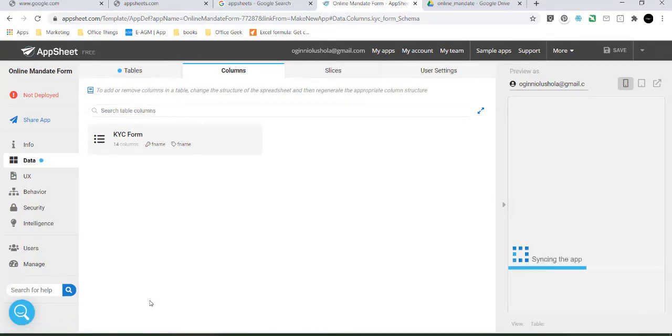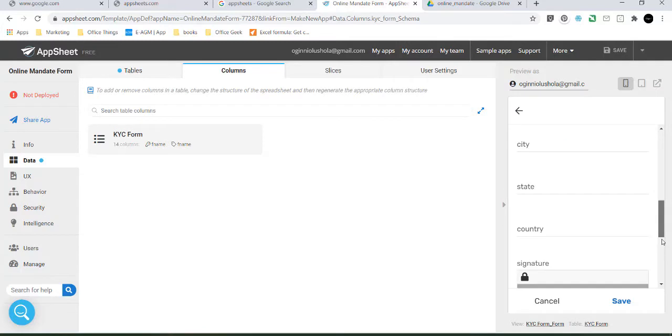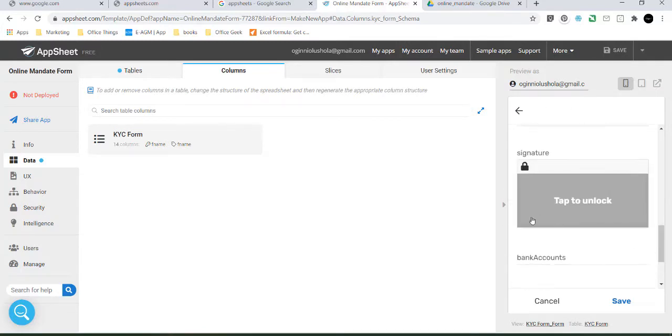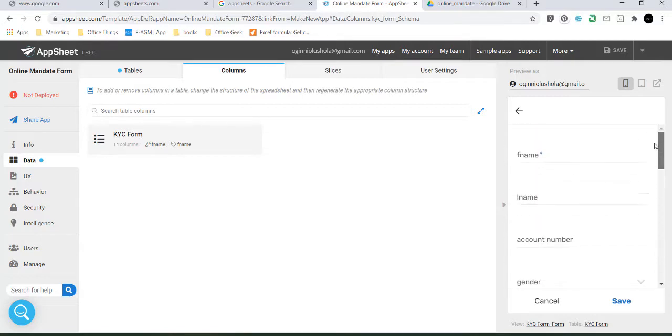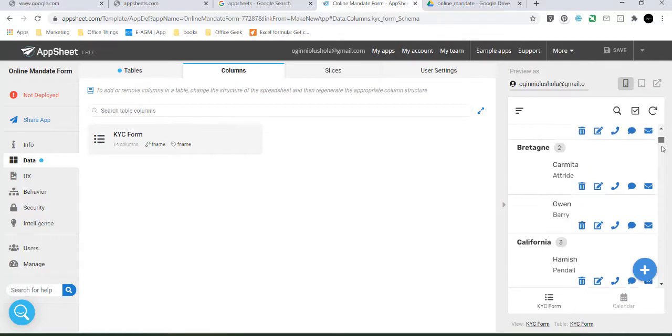So like that, I already created an app for you based on the data. If I click on this and scroll down, there's the signature. I can sign my signature and save. Look, my form is already created, and this is a sample report based on the Excel file